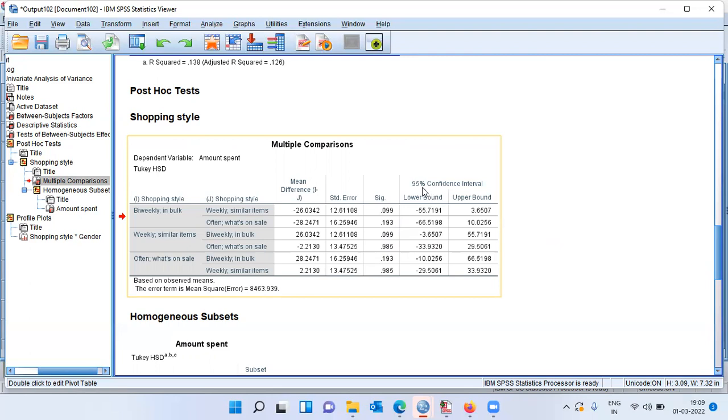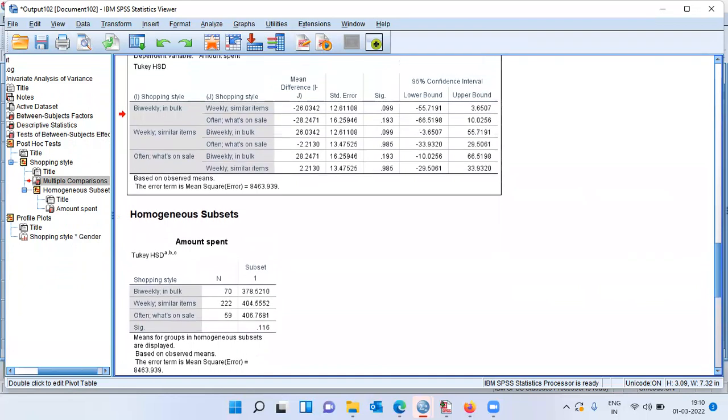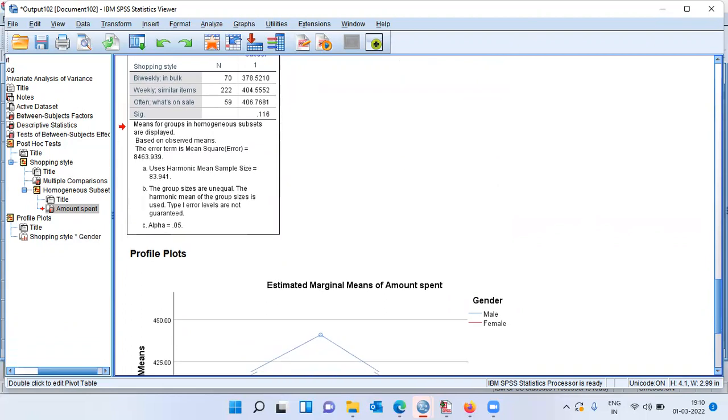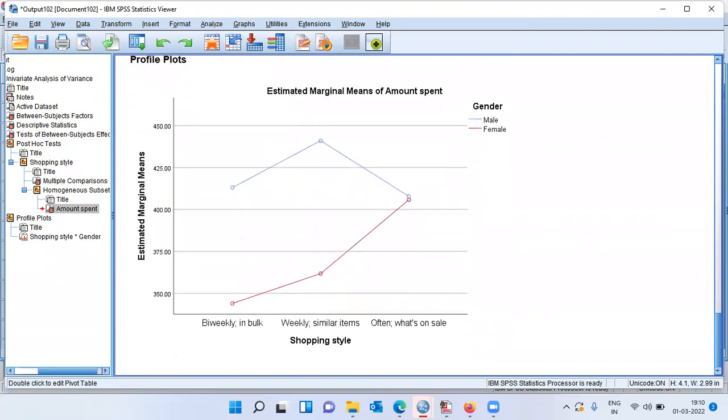We also see the 95% confidence interval being reported. That is, the lower bound as well as the upper bound for the mean difference is reported here. We can see further subsets being provided. This is the output of Tukey's HSD. We can see there are three groups, the sample size and what is the average spend is being reported. Now this I am going to ignore, and we have already seen the profiles plot, which means that a couple